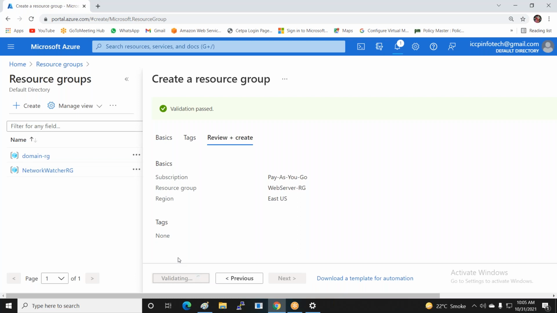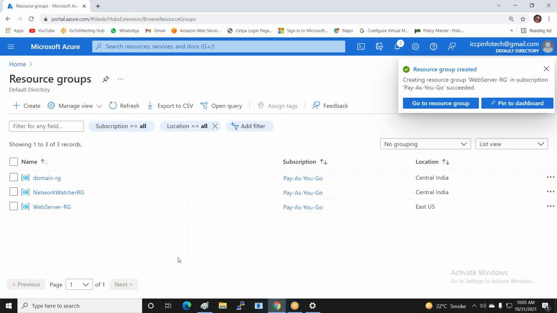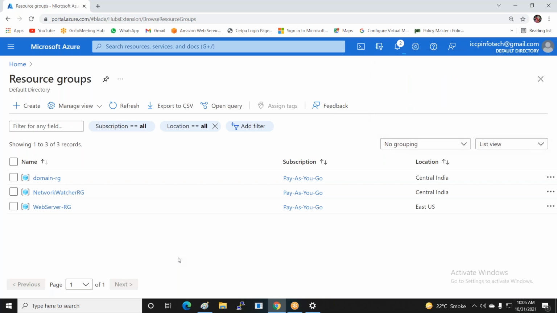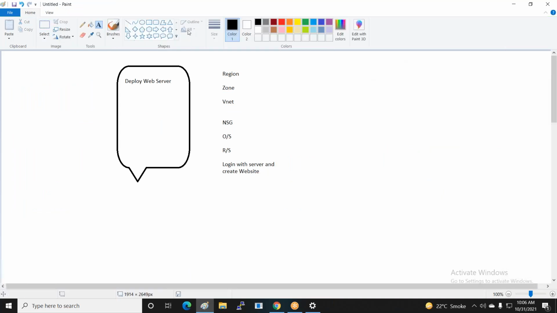When you deploy any resource in a cloud, it's mandatory to select a resource group. So there are two options for the resource group. First, you can create a resource group before deploying the resources, or you can create a resource group during deployment. Now the second option is coming. I'm creating a network because communication requires networking.